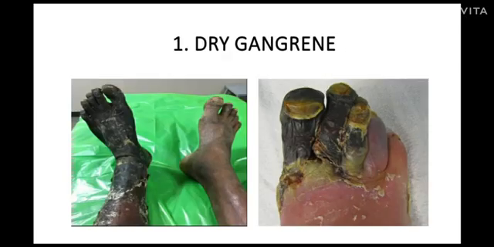The first type of gangrene is dry gangrene. Dry gangrene occurs when the blood supply is slowly reduced to an area. Dry gangrene is usually characterized by being cold, painless, shriveled and dry, hence the name dry gangrene. The affected tissues are often said to look mummified. Dry gangrene is usually seen in patients of type 1 and type 2 diabetes.